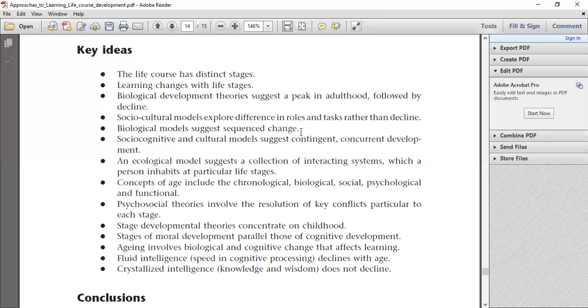It looks at how we conceptualize our roles in culture and in our environment, and how we perform those roles. It is also what we call socio-cognitive development, where we look at how our cognition actually shapes our social roles and